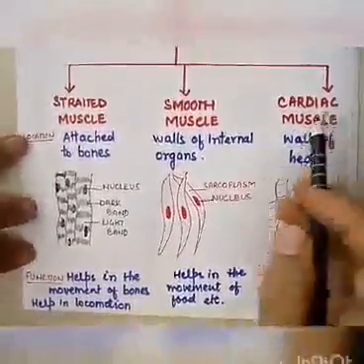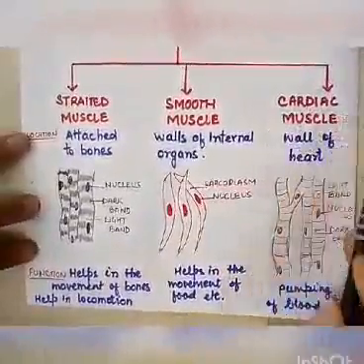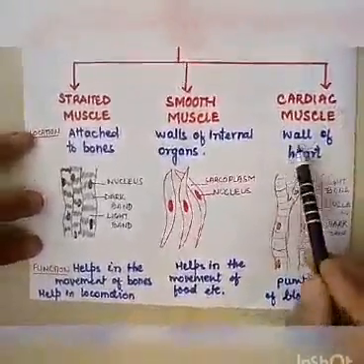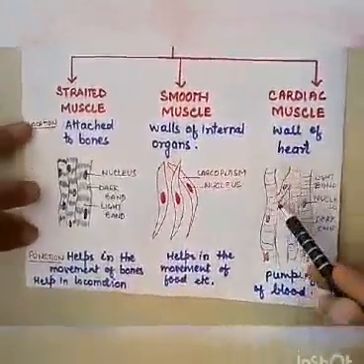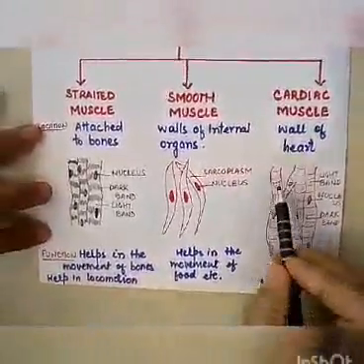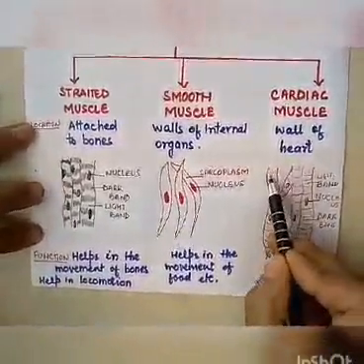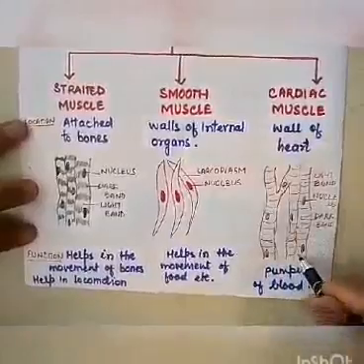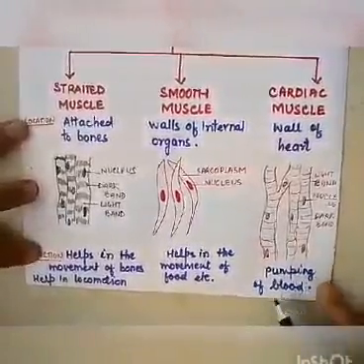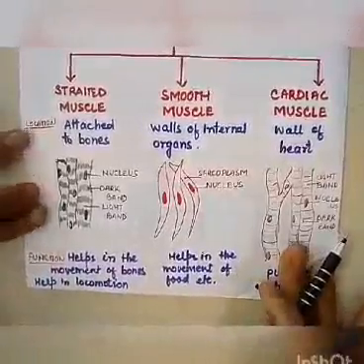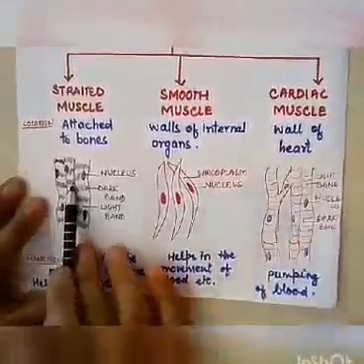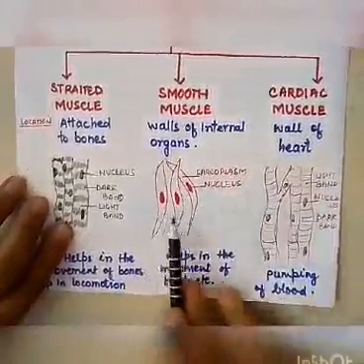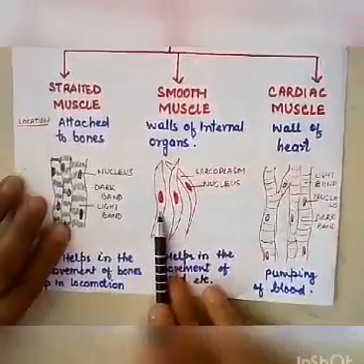Then the third type of muscular tissue is cardiac muscle, which, as the name itself suggests, is present on the heart. The word cardiac is used for heart, so it is present on the walls of the heart. You can see this is the cardiac muscle, and they are also striated muscles. This light band and dark band give the striation, and they are nucleated. They help in the pumping of blood. These are the three types of muscles. The striated muscle has a voluntary function which works on your willpower. These two are involuntary in function, which cannot work on your willpower.